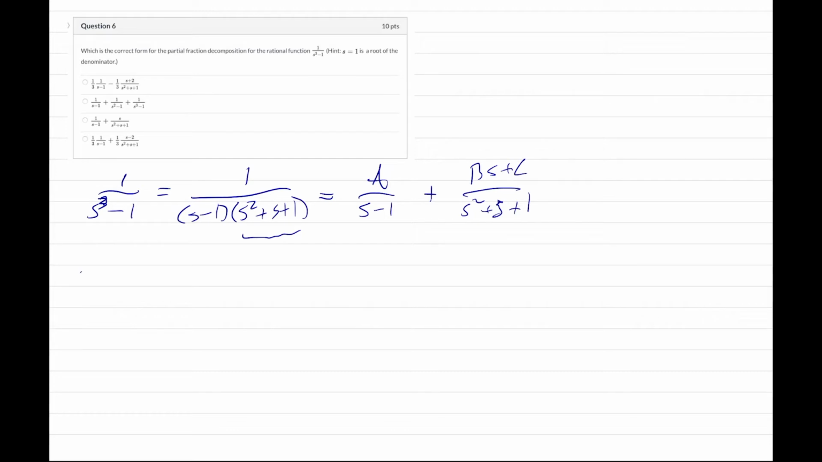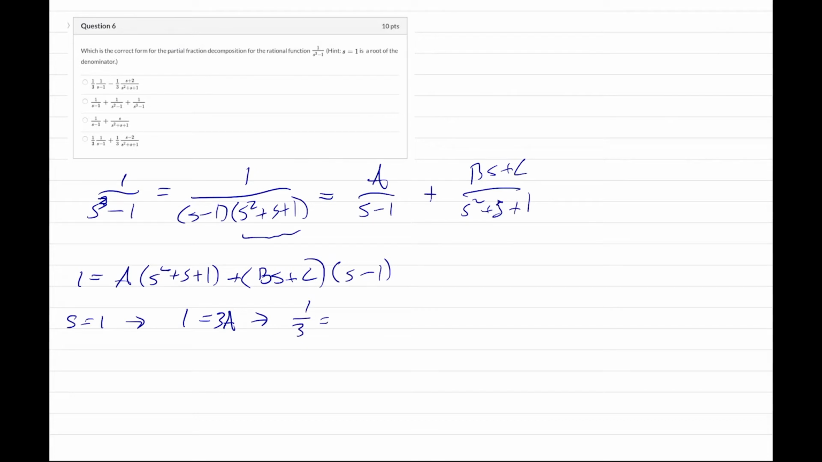If I multiply both sides, I get 1 is equal to A times s squared plus s plus 1 plus Bs plus C times s minus 1. Choose s equals 1, and what does that give us? That gives us 1 is equal to A times 3, which tells me 1/3 is equal to A. And then if I now want to figure out something else, maybe let's choose s equals 0,